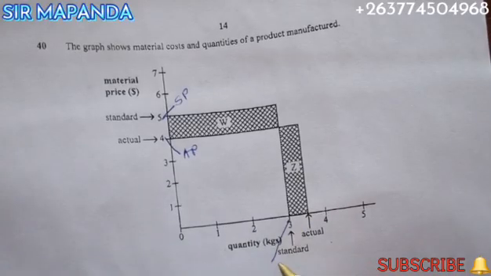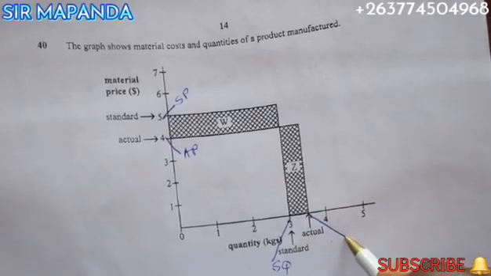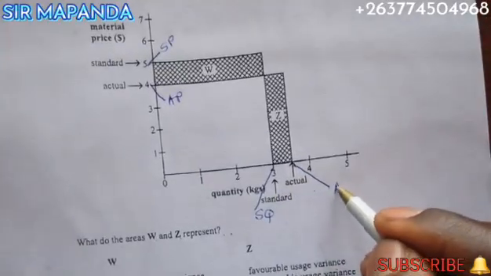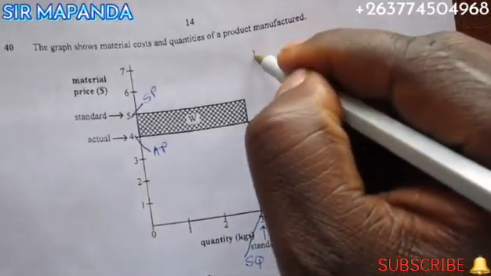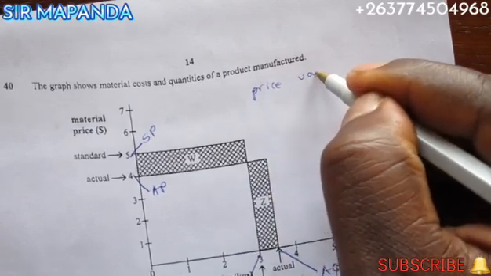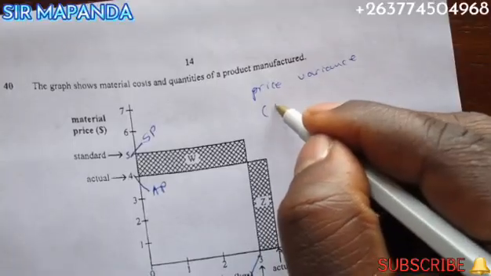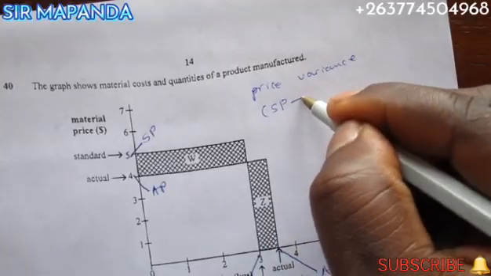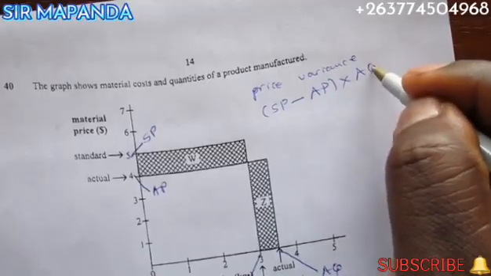This 3 represents the standard quantity, whereas this one we have 3.5 here, which represents the actual quantity, right? So price variance for materials